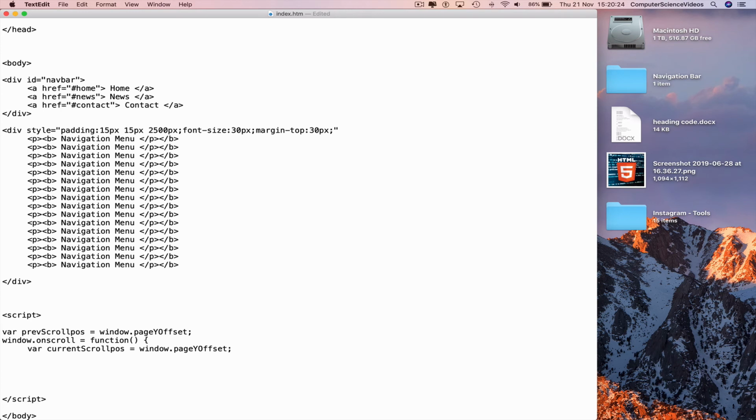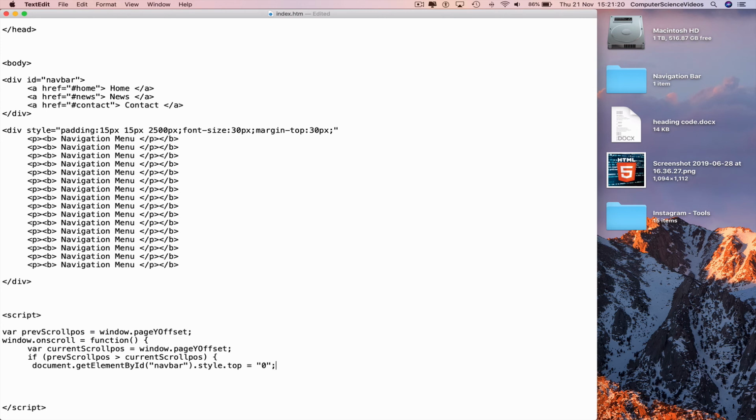Semicolon, go to a new line and then bring in the if statement after we indent if, parentheses, previous scroll POS, which we can take from the top, is greater than the current, which we can also take from the top, parentheses, curly brace, new line, document dot get element by ID, parentheses, speech marks navbar dot style dot top equals speech marks 0,